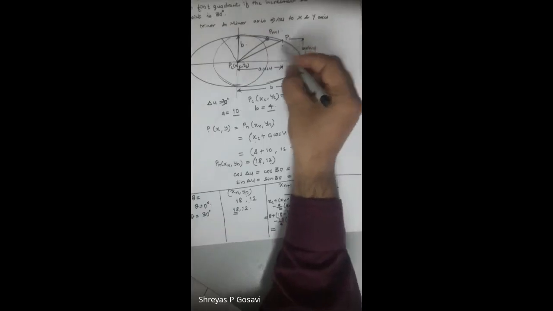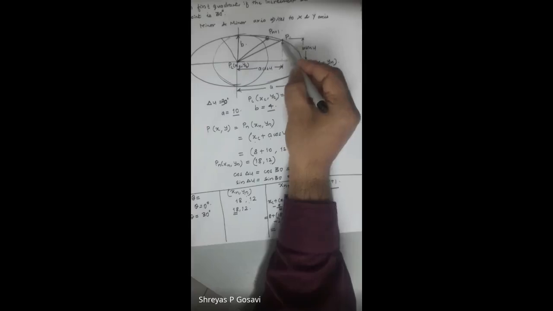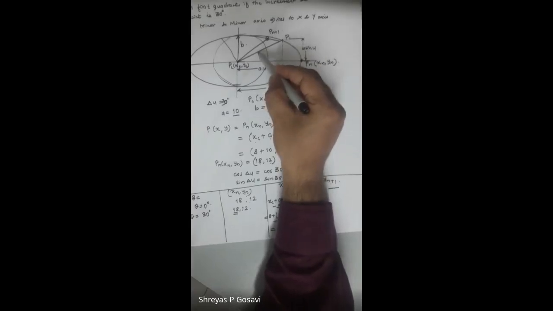Okay. So if we consider that this is the angular orientation of the first point on the curve P at an angle 30 degrees in anti-clockwise direction, so this Pn plus 1, its x coordinate is equal to 16.660. Okay, and yn plus 1, that is equal to yc plus yn minus yc into cos of delta u plus b by a into xn minus xc into sine of delta u, that is equal to